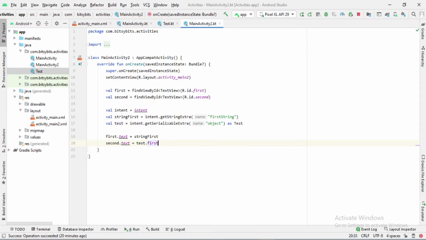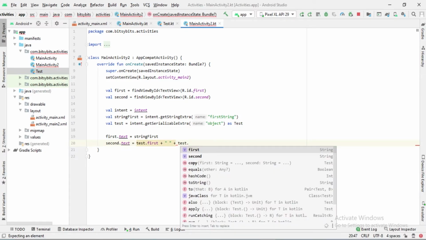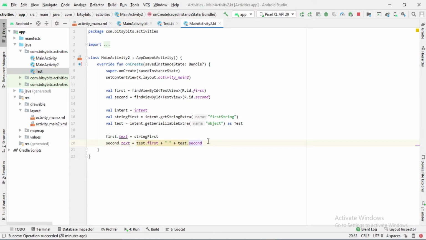This is the first thing in this object, or we can use both. So we will use test dot second string. Now I have assigned it first string and second string. This is just giving a warning because I have used this text property with these plus signs. We can use setText also, but it will cause no issues. So now let's run our program.